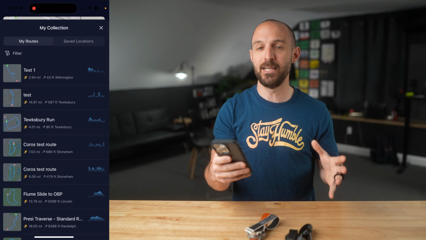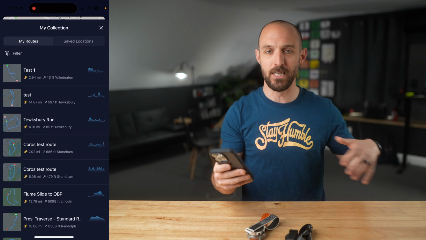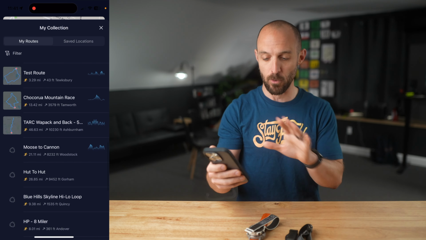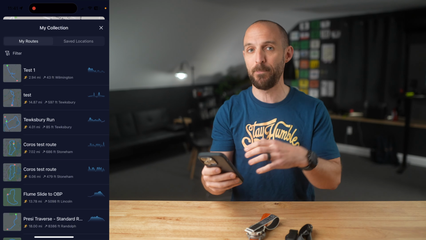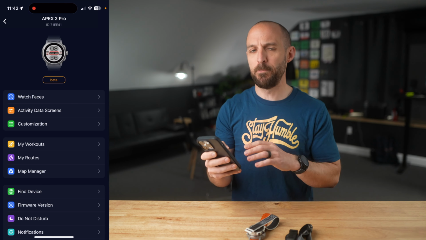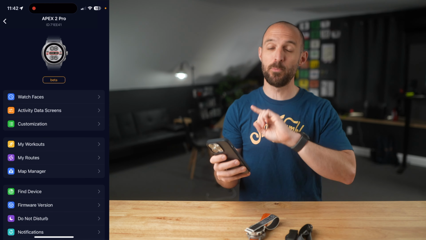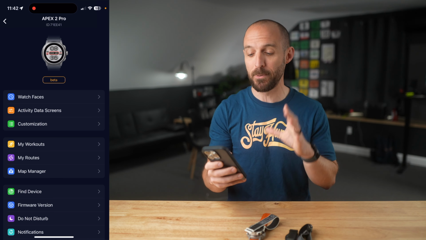This will include any course that you've uploaded in the past via a GPX file. As you can see, I've got a whole bunch in here, but it will also include any courses that you design within the app and save to your library. And on the topic of navigation and mapping, there's also been a huge update when it comes to map management